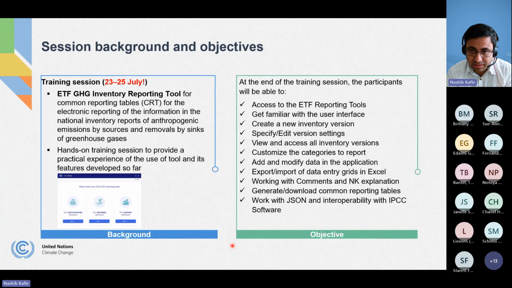You'll be getting familiar with the user interface. You will see how you can create an inventory, specify the settings for that inventory, and then customize the categories you want to report, and modify the data in the application as well as using Excel. And then you would also be able to generate and download the common reporting tables,